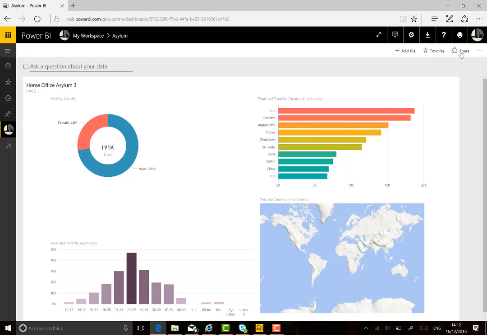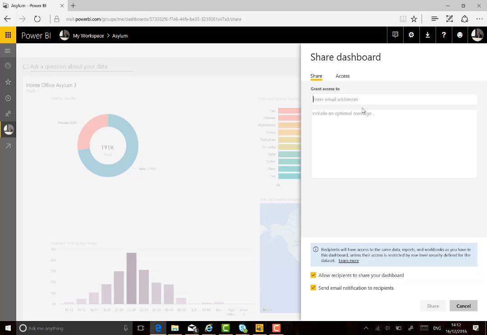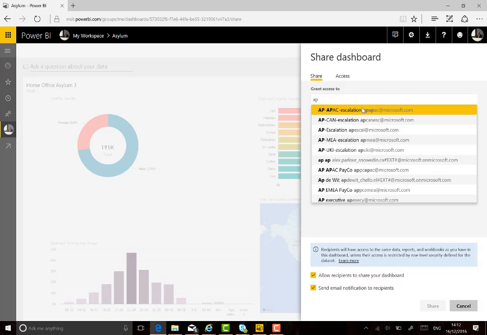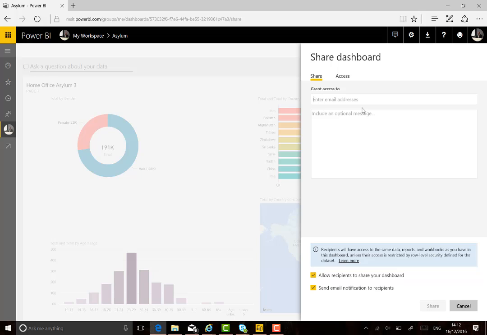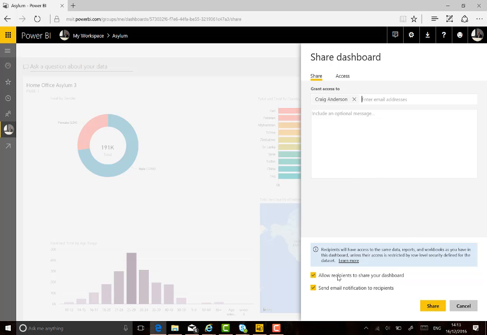And from here, we can go ahead and share that with colleagues, or indeed people outside the organisation, if we want, by clicking this share button. I can either do it to groups like that, or I could do it to individual people as well. And then click